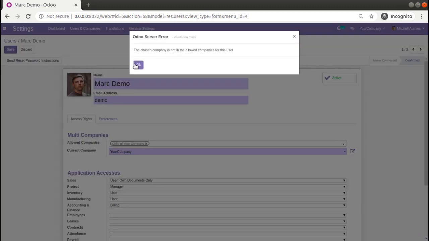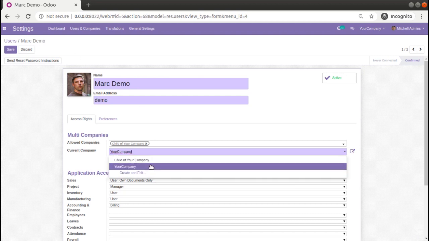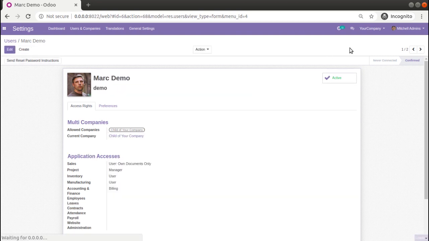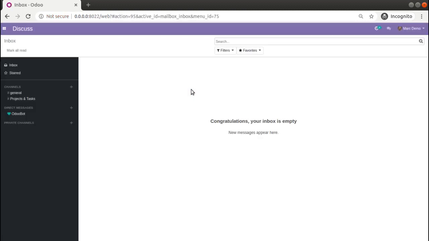For the chosen company, I have to set here child of your company. If I log in back as demo, you will not be able to see the option to switch company, as only one allowed company is there for the Mark Demo.